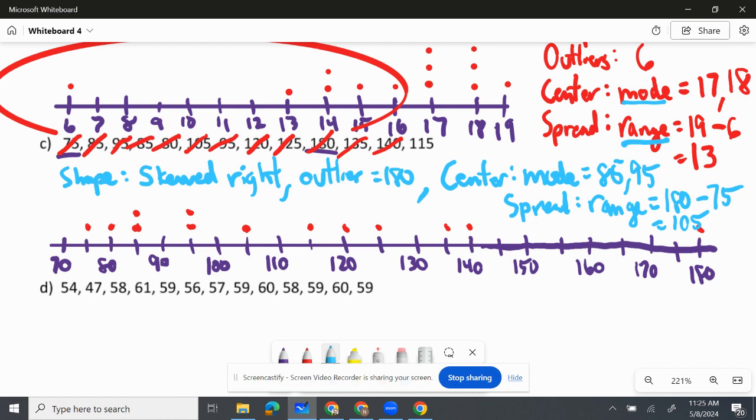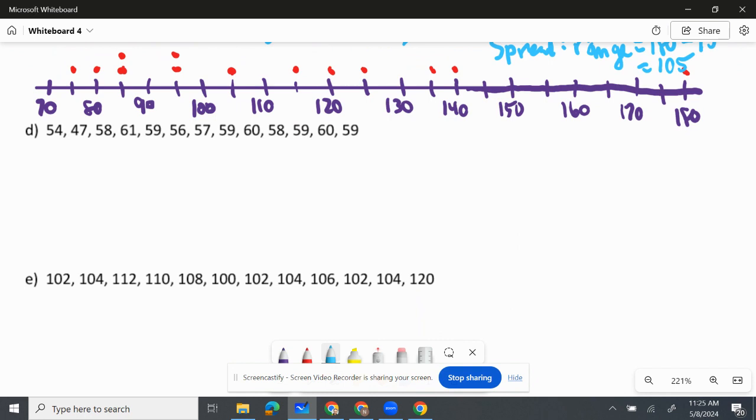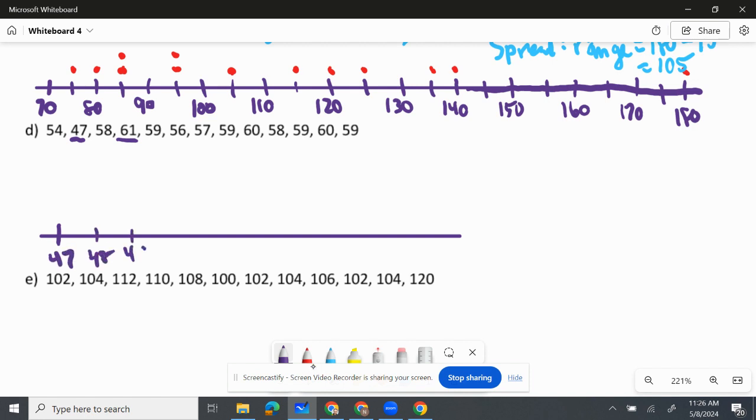Okay. Now looking at letter D, we're going to do the same thing. And what we're going to do is we're going to start with our lowest, which is 47. And then what we're going to do is we're going to go to our largest, which is 61. So we have 47, 48, 49,